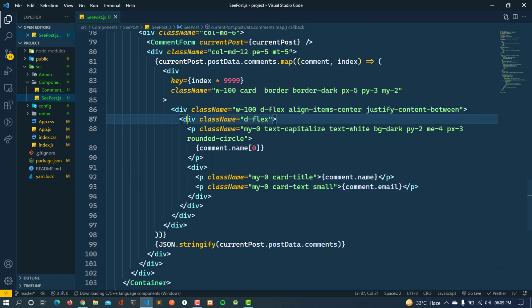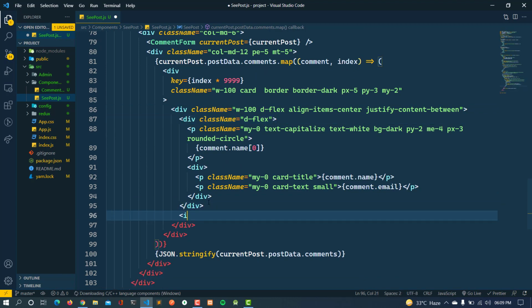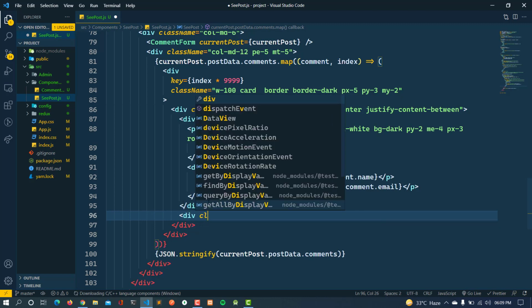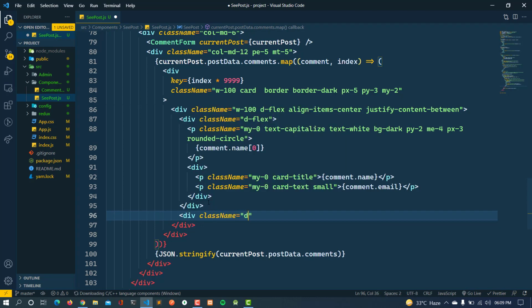So here this is a display flex. Now under this we will create one div, and that will be also having the class name as dflex, and it will be having the gap to 1 and align items to center, justify content to around.